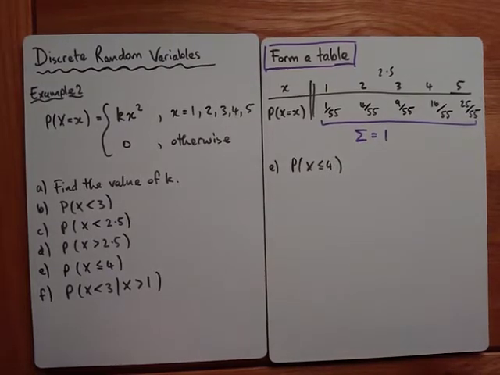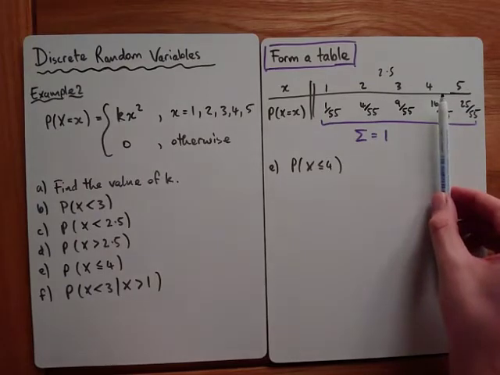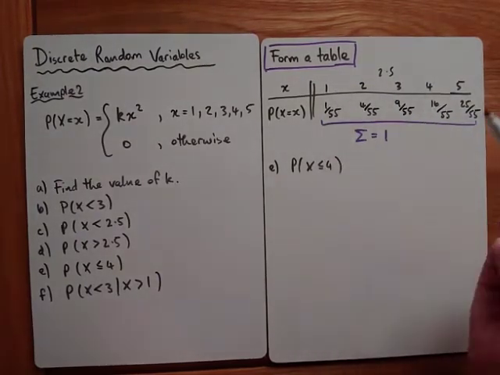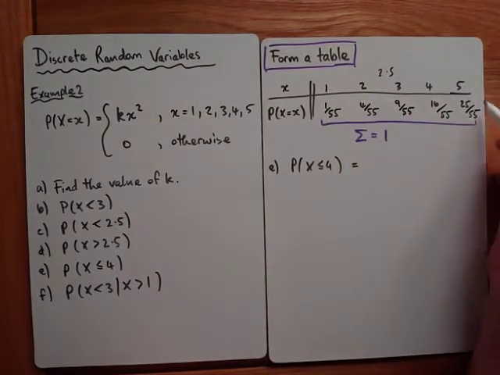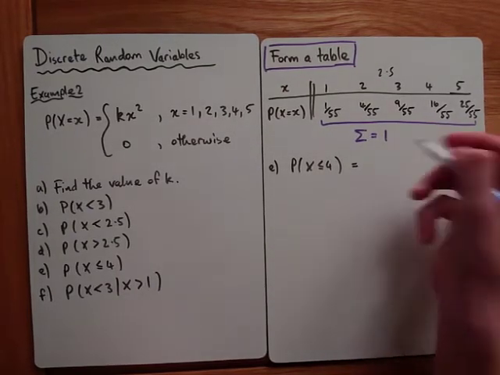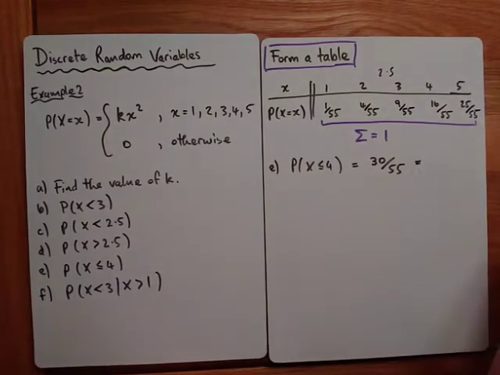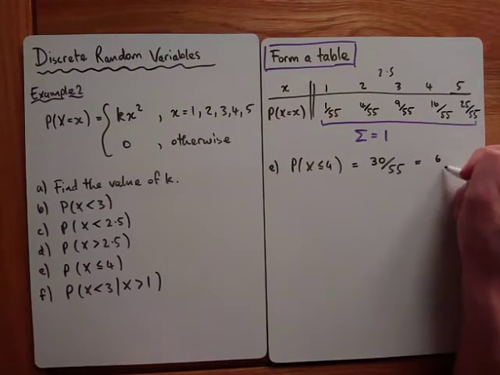Next part says the probability is less than or equal to 4. So obviously, less than or equal to 4, we can include the 4. So it'd be 1, 2, 3, or 4. We could add up these, or we can see it's this one that is the one that we don't want. So it'd be 1 minus this one, which we could write as 30 out of 55, which would simplify down. Obviously you can use your calculator in the test anyway. You could simplify this down. Both multiples of 5, so we could write it as